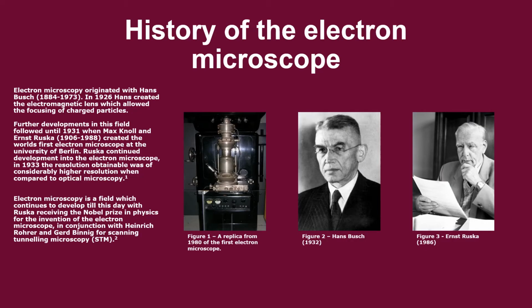Electron microscopy initially originated with Hans Busch in 1926 with his invention of the electromagnetic lens, which allowed for the focusing of charged particles. This then paved the way for other physicists such as Ernst Ruska and Max Knoll, who in 1931 created the world's first electron microscope at the University of Berlin. Ruska further studied the electron microscope until 1933, when electron microscopes were able to obtain considerably higher resolution when compared